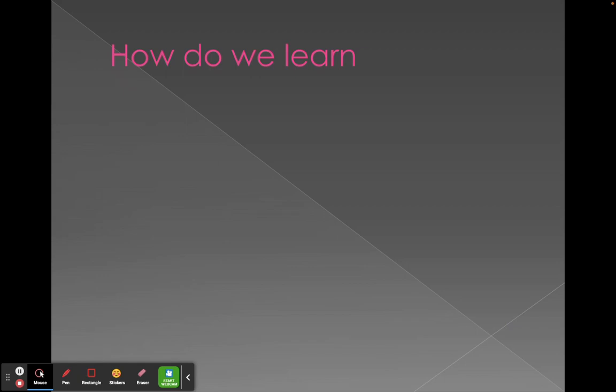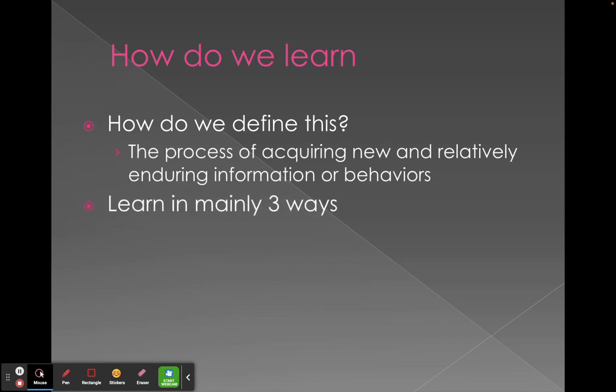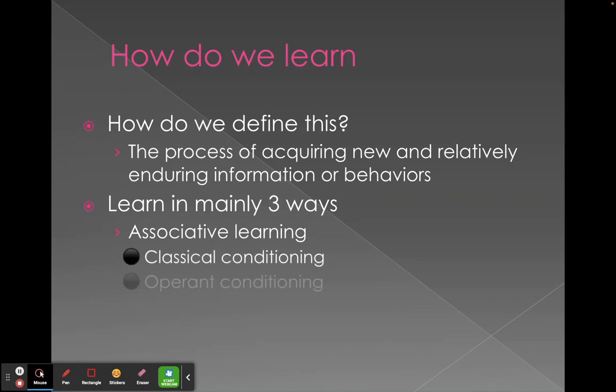Well, behavior is one of those things a little different than what we might talk about with memory or learning facts or math problems. Behavior is learned basically through three different ways. We call this type of learning associative learning, which basically means it's us making associations between stimuli, between our behavior and consequences, or it's actually watching and learning through observation.